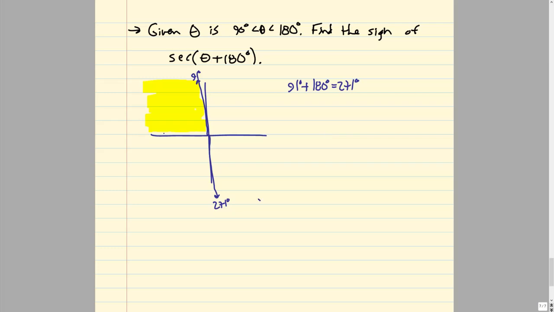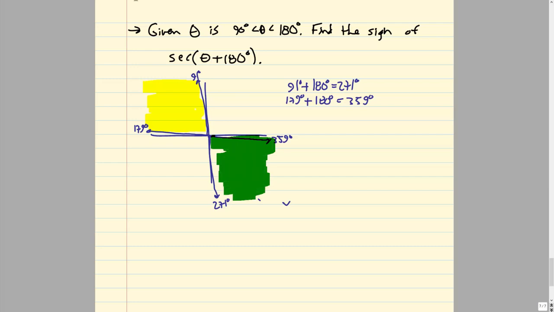Now, the largest I could get and not hit 180, and again in terms of integers, not decimals, would be 179 degrees. So if I take 179 degrees plus 180 degrees, I get clear over here at 359 degrees. So what ends up happening then is once I add that 180, I'm over here in quadrant 4. So now as soon as I know I'm in quadrant 4,